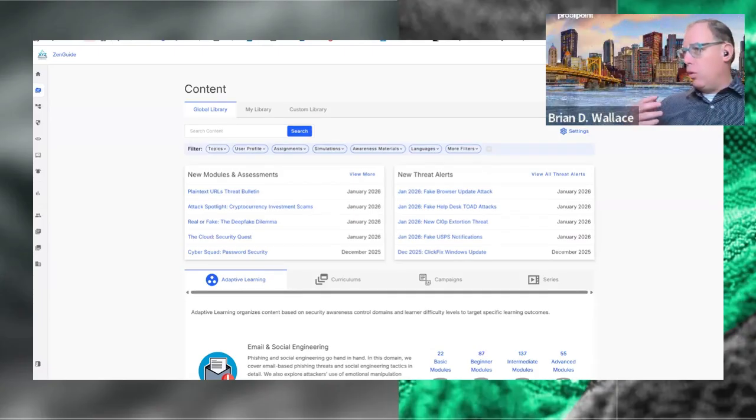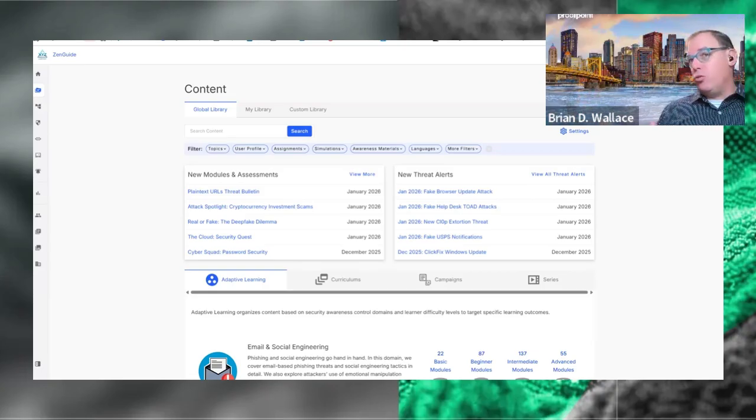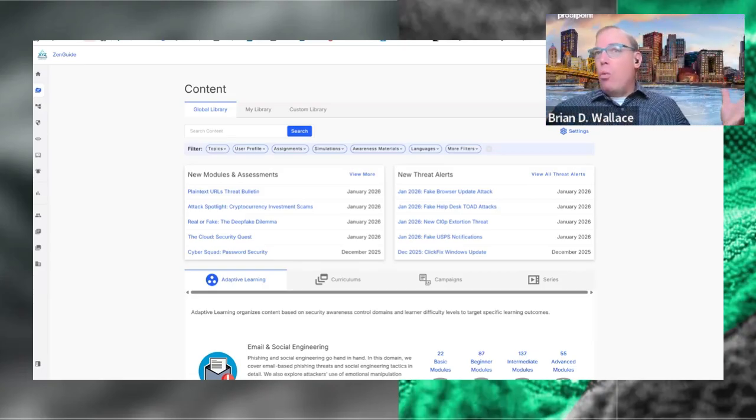For those of you who are familiar with it, there's been a lot of advancements to the tool over the past year, and there's some really cool things that I want to show you today that are basically brand new. They just came out in early January. So there's going to be some resources for you to use that way as well. So without further ado, folks, let's jump on in.